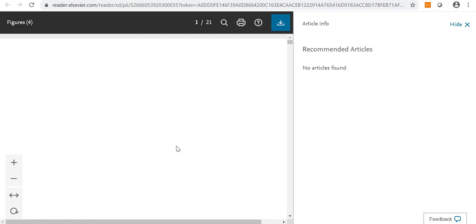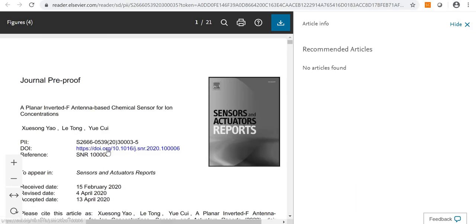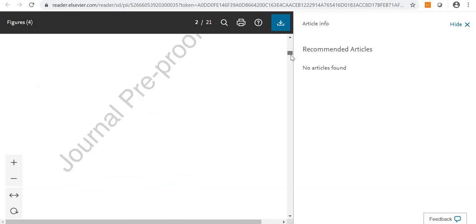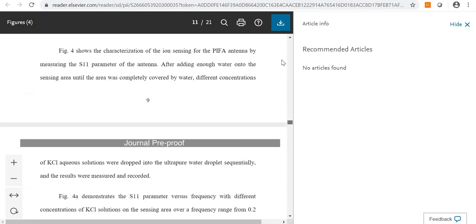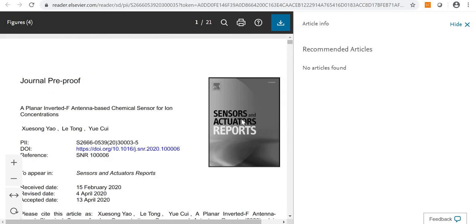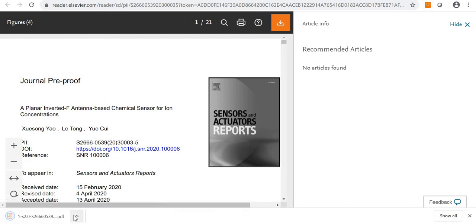Once I click on download, I am able to see that particular article, whatever was published in that particular journal. It was published in Sensors and Actuators Reports. And if you want to download, that option is given here. If you click, that article will be downloaded.